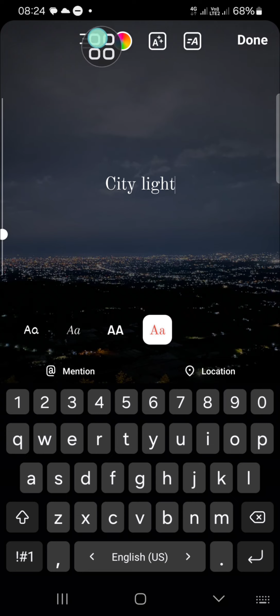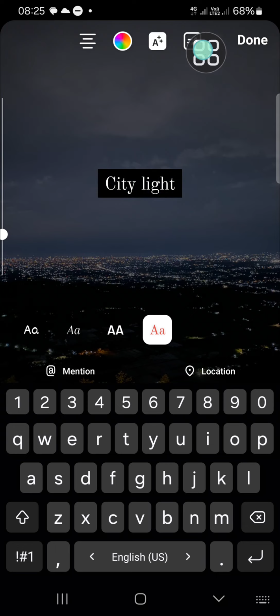As you can see guys, there are some features right here. This one is for changing the color of the text, and this one is for adding the background for this text, and the last one is for adding animation to our text. And I'm just going to add the background first, and if we want to add animation, we can click on